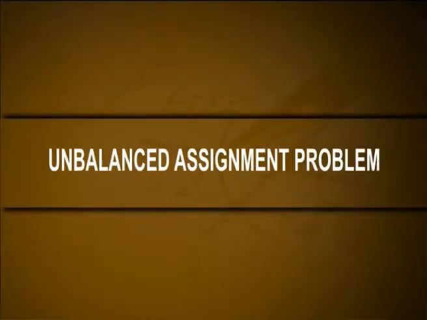Unbalanced assignment problem. An assignment problem is called an unbalanced assignment problem whenever the number of jobs or tasks is not equal to the number of machines, facilities or persons. Thus, the cost matrix of an unbalanced assignment problem is not a square matrix. For the solution of such a problem, we add dummy rows or columns to the given matrix to make it a square matrix. The costs in these dummy rows or columns are taken to be 0. Now, the problem reduces to the balanced assignment problem and can be solved by the computational procedure discussed earlier.